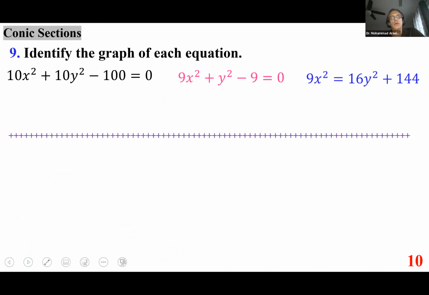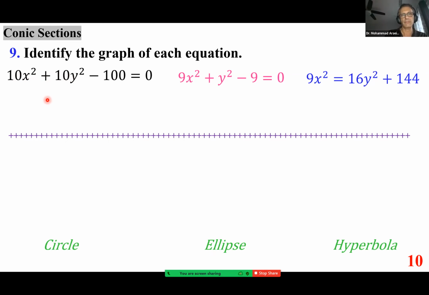Identify the graph of each equation. In general, you know you have a conic section if x and y both have degree 2. If they're on the same side and have identical coefficients, that becomes a circle. If they have coefficients that are both positive, that becomes an ellipse. This one, if you bring it to the left side,